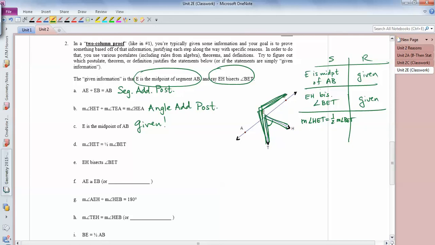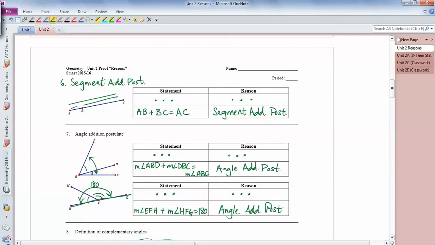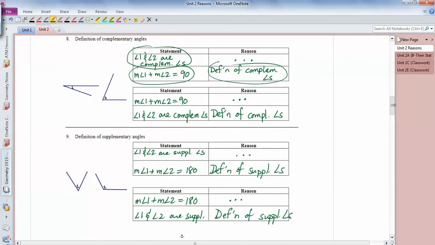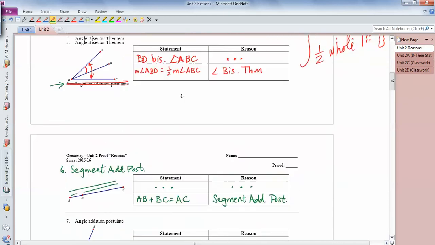Okay, well, we know that EH, this thing, cut the angle in half because it's a bisector. So it should make sense that this is half of the whole thing. So let's go back and look. What thing says if you have a bisector, then one angle is half of the whole angle? So if we come back over here, none of these things have to do with half of a whole angle. But if we come up a little bit,